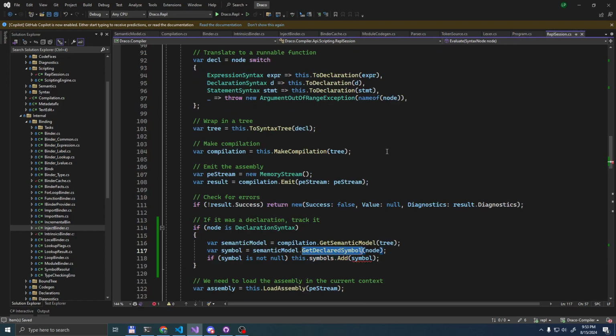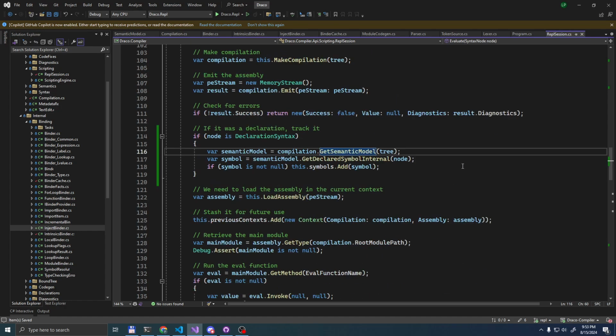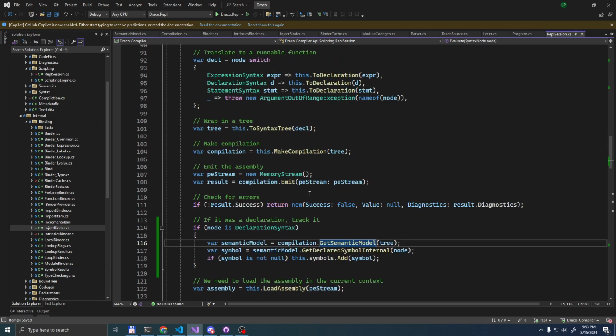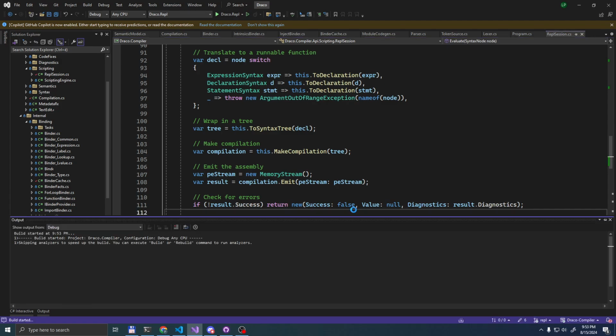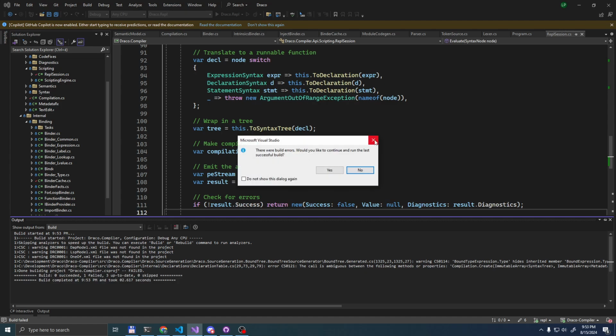Now, in the REPL session, we should be able to ask for the internally declared symbol. I hope we didn't forget anything. Let's try to execute it and see where it goes.